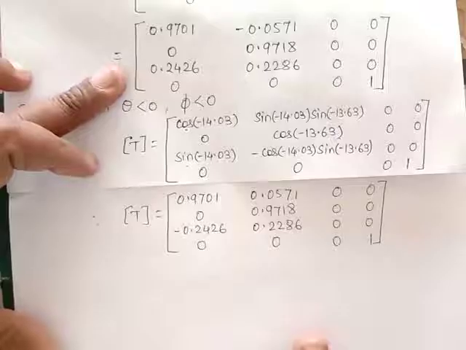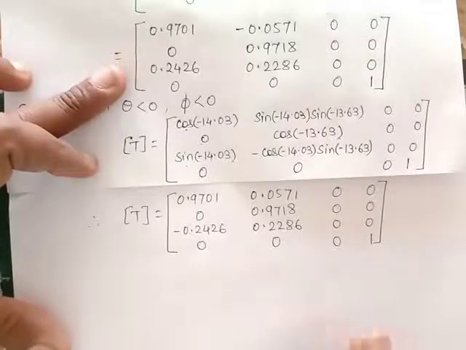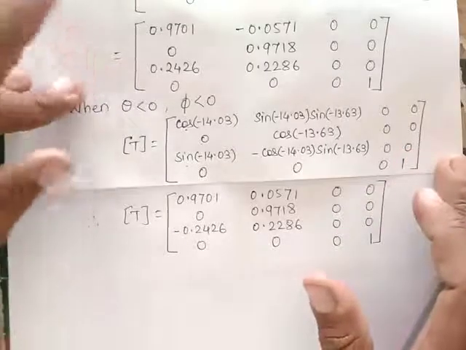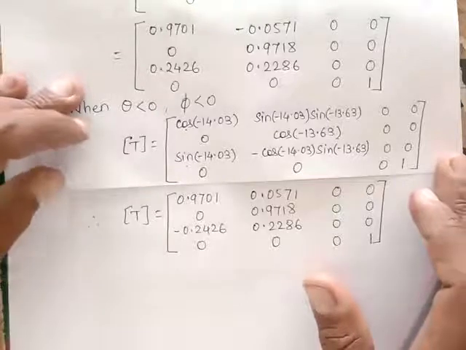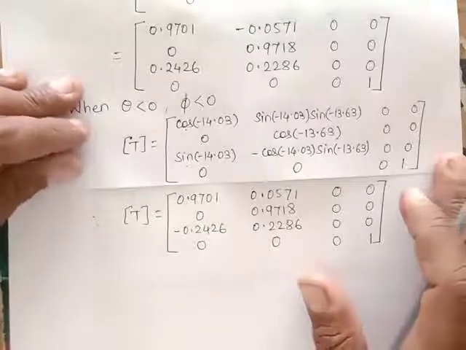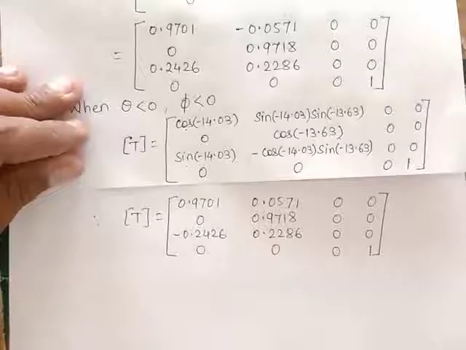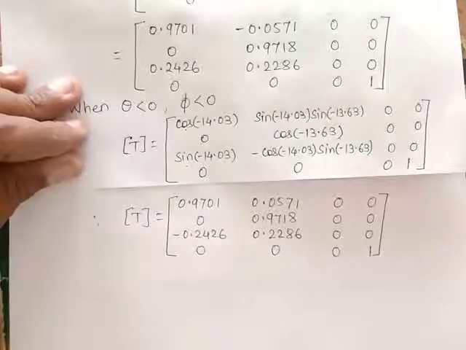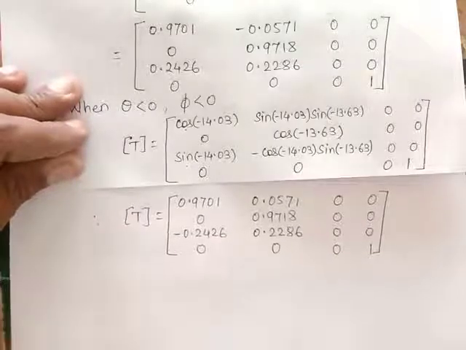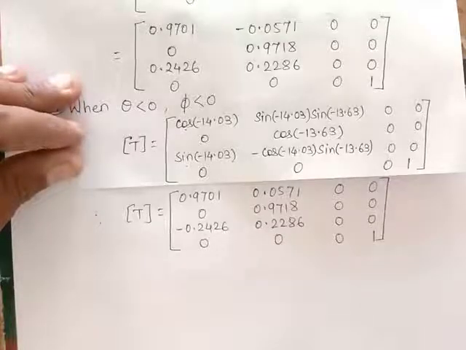This is the answer for case 4, and this whole one is the solution of that problem. Here we have to determine all the transformation matrices for all 4 dimetric projections. Okay. Now the next problem is that,